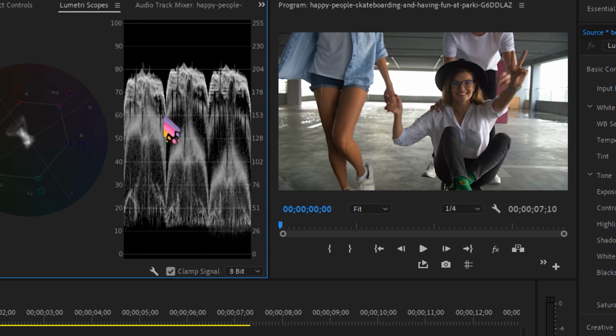The midtone is perfect, and then we have the shadows, and shadows must touch 0, and beyond that it's going to clip the shadows. So in order to have the perfect exposure, the shadows must touch around 0 and the highlights around 100. So let's adjust it while keeping this in mind.